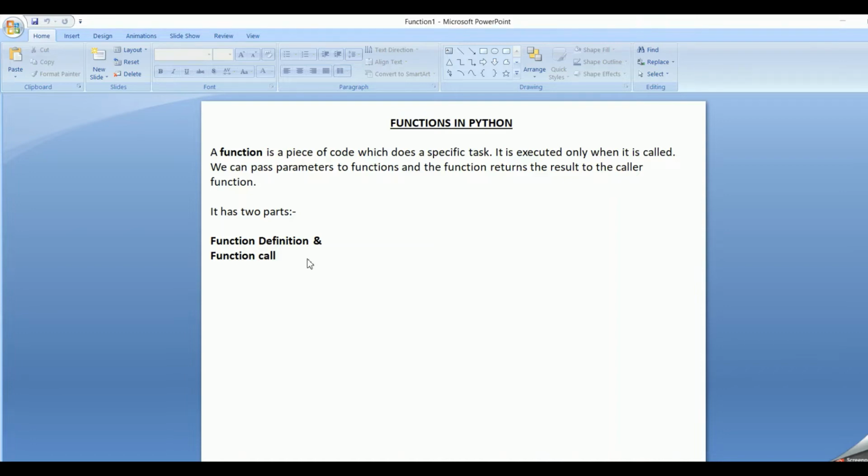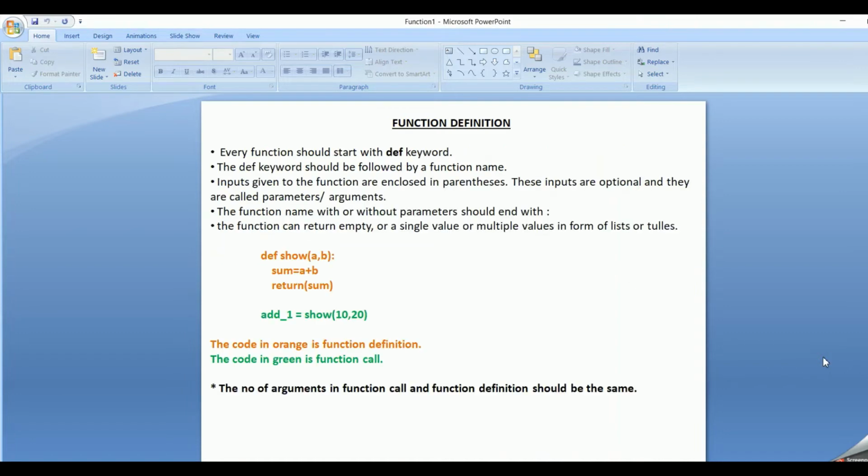Now let's look into more details on functions. Let's see how to define a function. That is a function definition. Every function should start with the def keyword, followed by a function name. Here show is the function name. And in parentheses we can pass the input parameters or arguments.